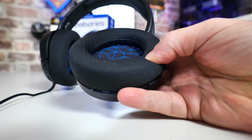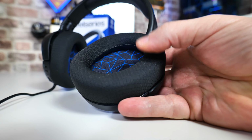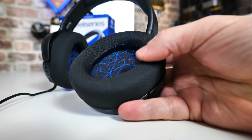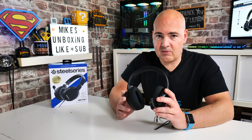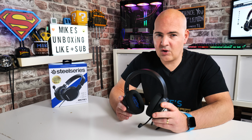Whereas these being oval, they do seem to fit over your ear very nicely indeed. But something which is also unusual, because they are foam, you'd expect them to have a lot of noise leakage. Now, I've been testing these today, and I asked Kath if she could hear it, and she said no, couldn't hear it. So that is actually a very good thing, because obviously sound leakage is not often a great thing,